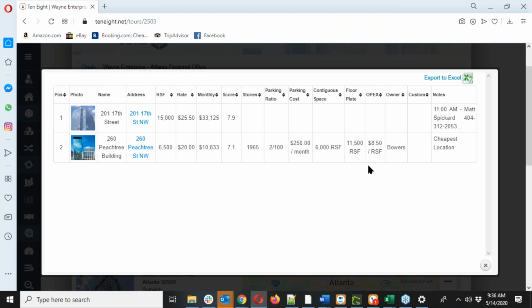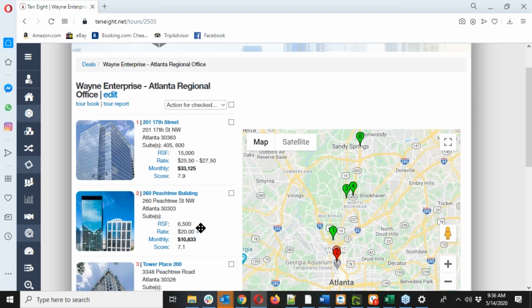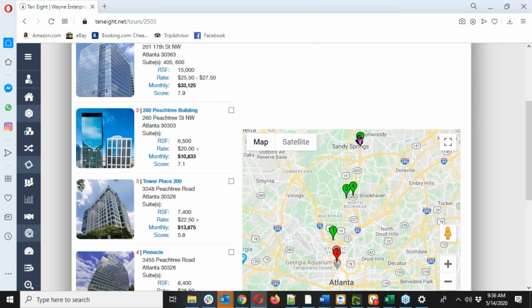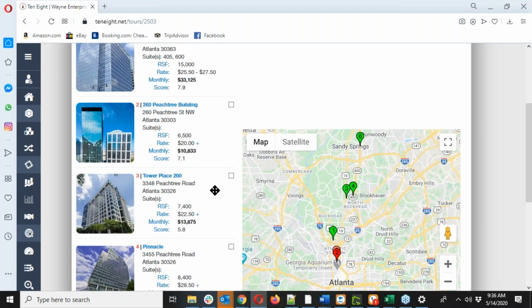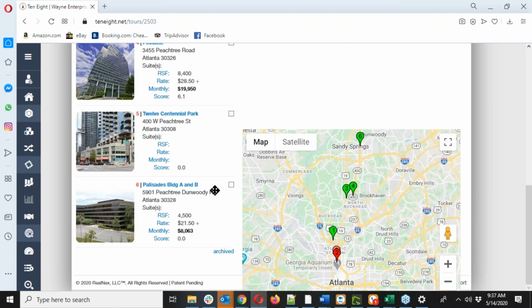And so as you make notes and everything, this is going to give you a very clear picture prior to ever stepping foot in the car and going to each of these individual properties one by one. You're going to know which ones are hits and misses before ever needing to go to those. So you share these, and let's say they don't have any interest in number 6. You just saved yourself a heck of a lot of time driving up to Sandy Springs there, and in this case just need to go to North Buckhead, thankfully. So even before you ever do a tour, the idea is to save you a lot of time